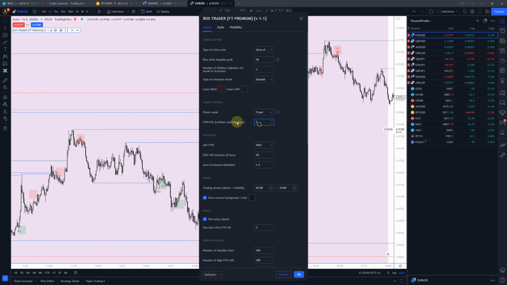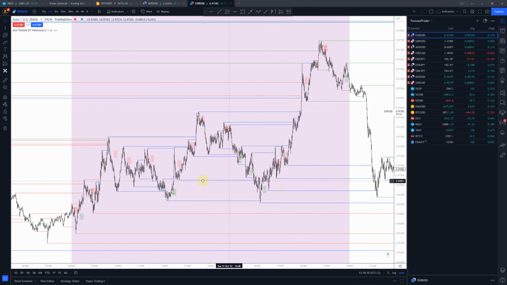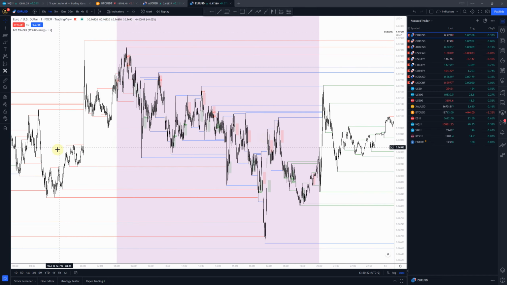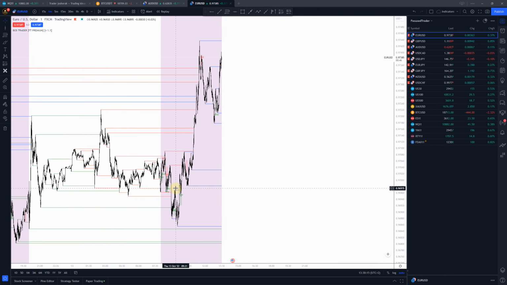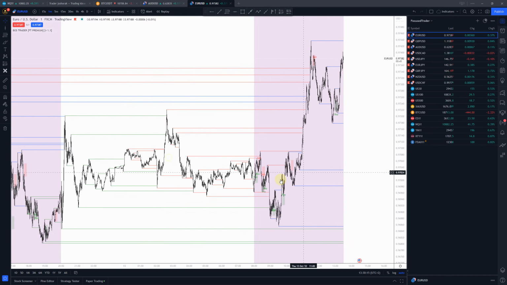Actually, I'm working with fixed mode setting of 10 on 1 minute. This is the setting I use the most. So let me show you what it shows, and you will see something like this. So this provides me enough signals, and also eliminates. You see this one could work. You see that this could have ended up as a stop loss,